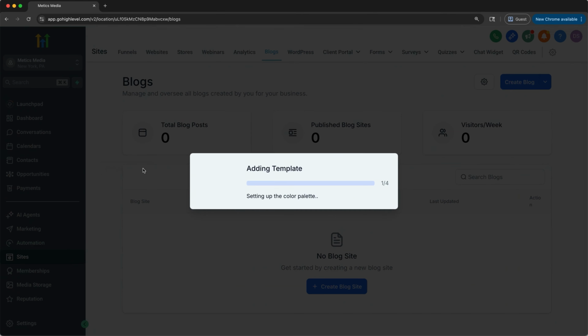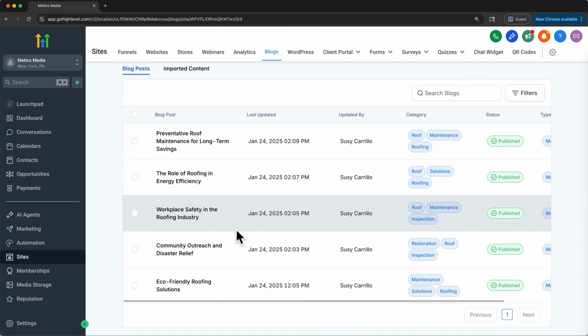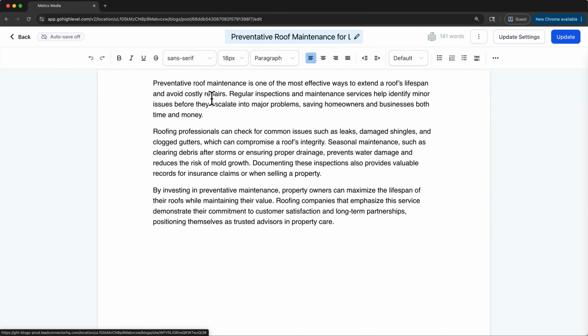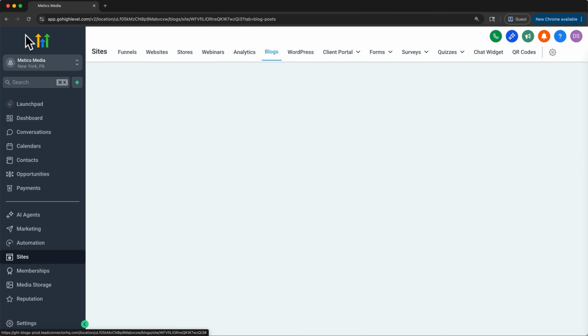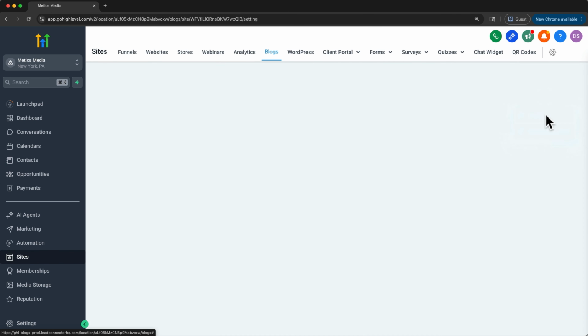I'll select one, and this will quickly add several blog posts. And you can edit this content right away. Here we can open one, and we're right back to this blog editor. I'll click back. When you're ready to publish it, you can click on the three-dot menu, and then Settings, and